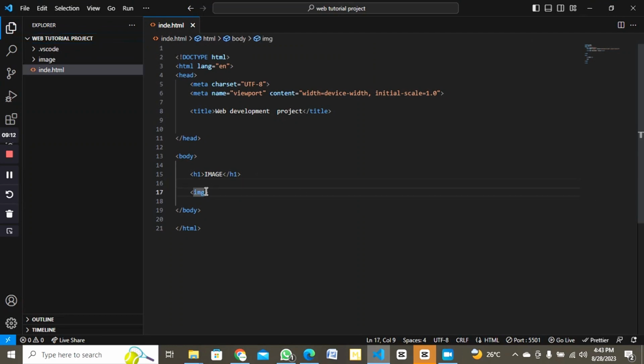Here I'm going to bring the images, so you can see this is the folder,